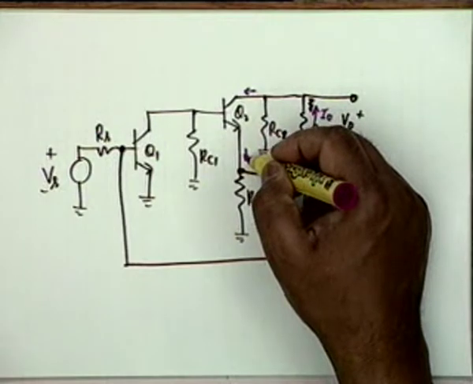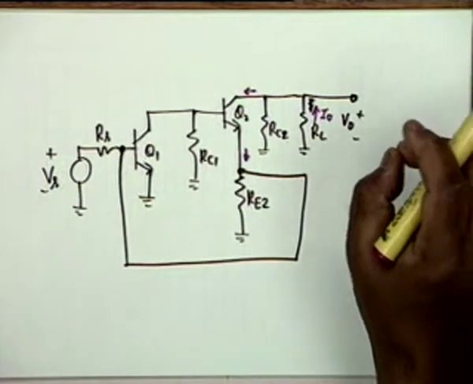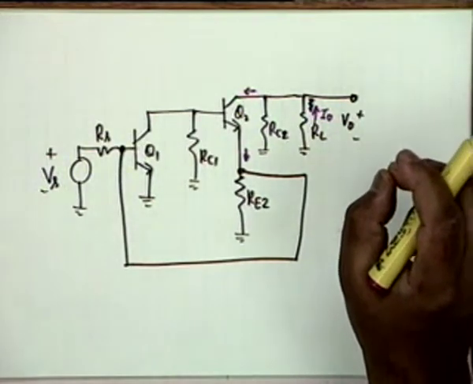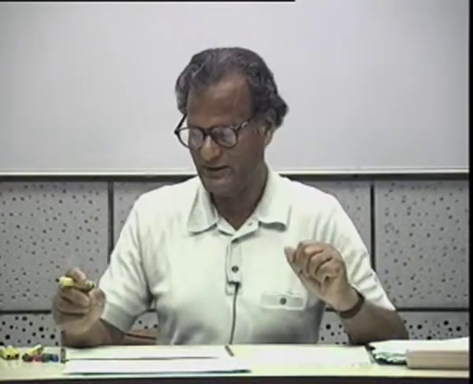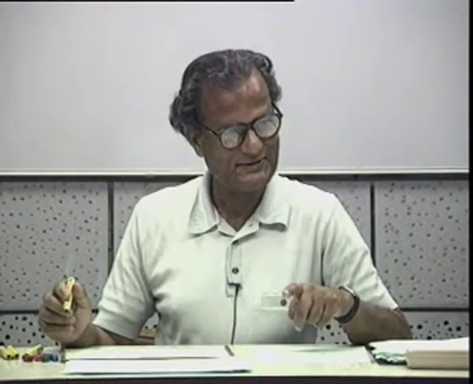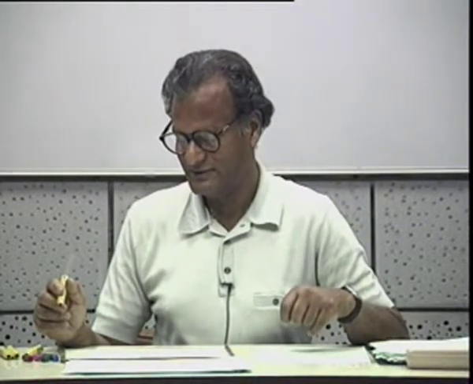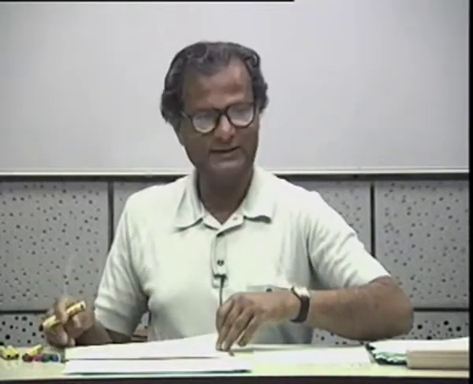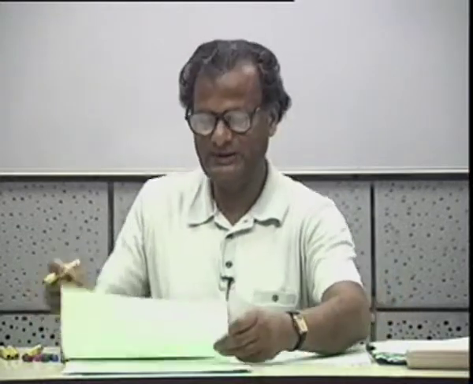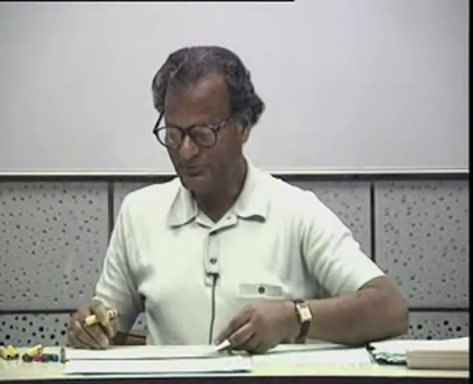Whatever this current is proportional to I0, and any quantity proportional to the output is called a sampled quantity. It may not be the total output current, it may be a part of the output current. So, it is a shunt series configuration. Now, let us see if we can draw the A circuit and the beta circuit. If it is a shunt series, what is the appropriate transfer function here?